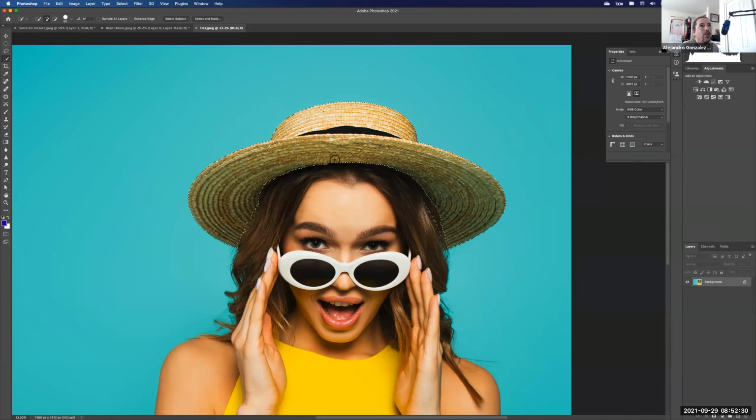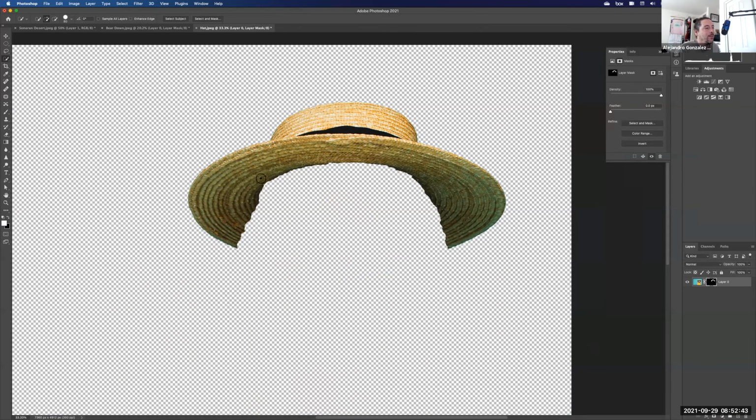Okay, so hopefully your hat is selected. And now what we're going to do is put a mask on it. So at the bottom of our layers, we're going to click the rectangle with a circle. And we should end up with just a hat. And just like the bear,